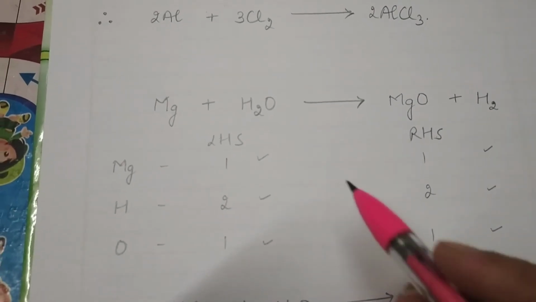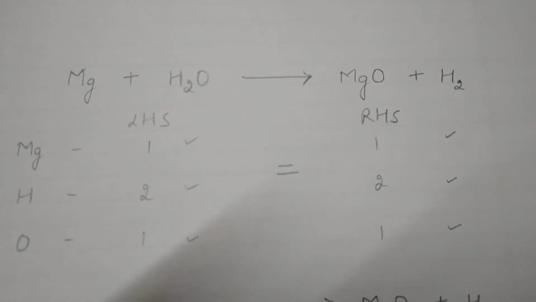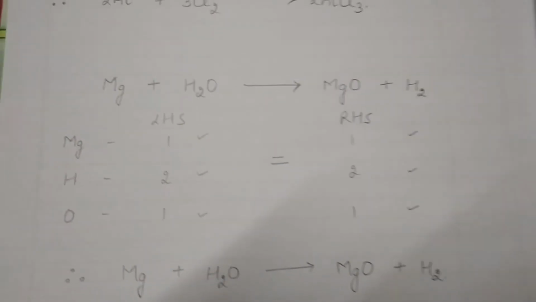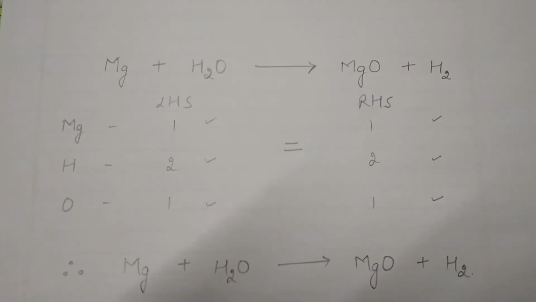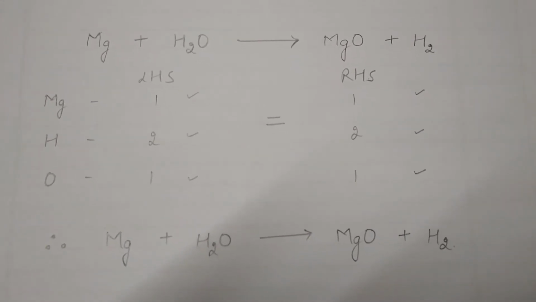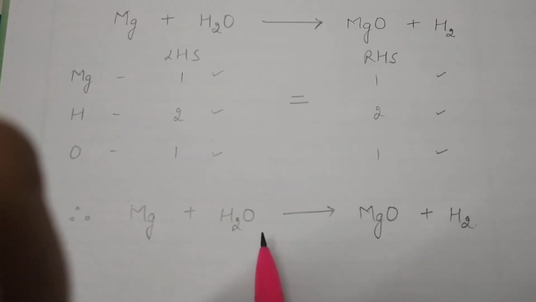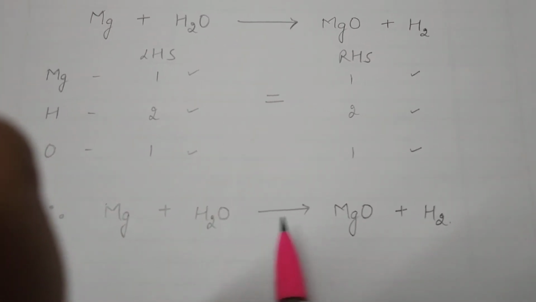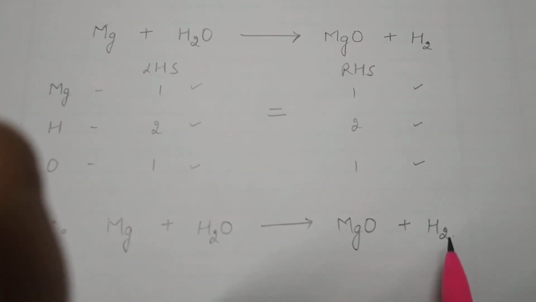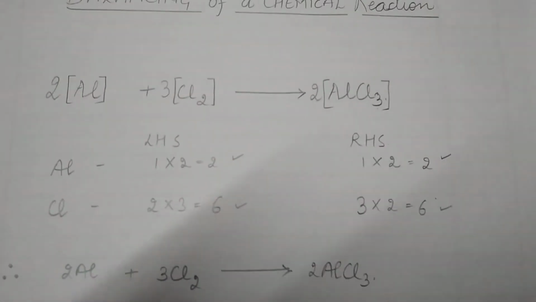So here, you can see that the left hand side and right hand side are already equal to each other. So there is no need to do the balancing of this reaction, right? So therefore the final reaction will remain the same. That is written by me on the lower side. You can see therefore magnesium plus water gives you magnesium hydroxide plus hydrogen, right? But if the case comes where you see,